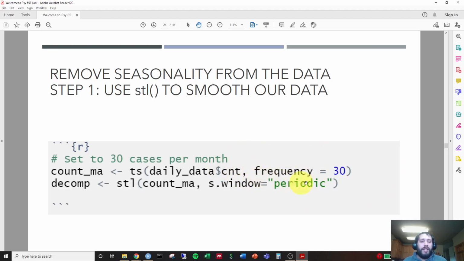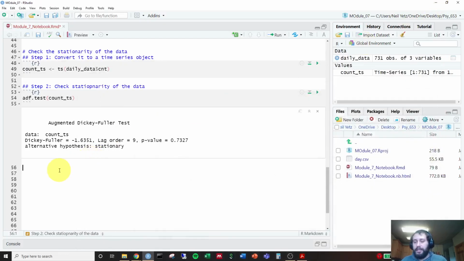We're going to smooth our data by 30, so that it makes a much smoother graph, assessing the average of every 30 days. Then we're going to use the STL function to look at this object and view it as a periodic object. So the first thing we're going to do is smooth our data. So do hashtag remove seasonality